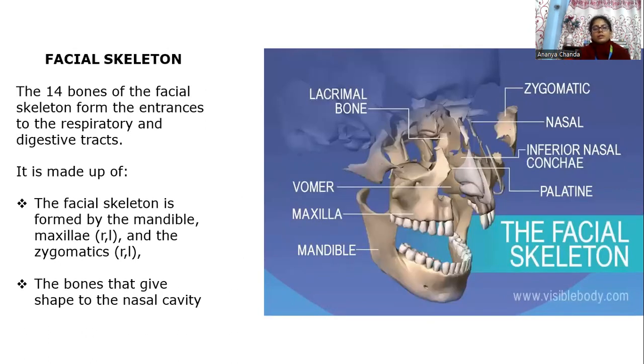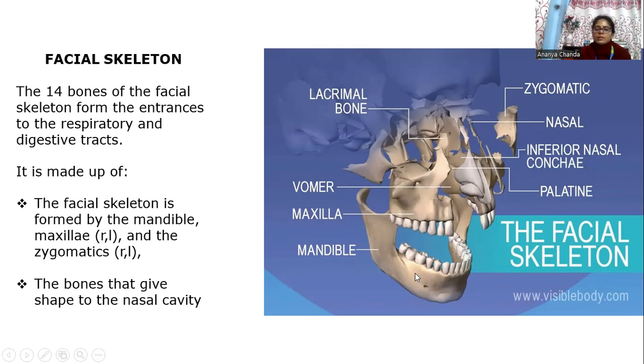Achha, facial skeleton comprises of what? 14 bones of the facial skeleton, and they help in the entrances of what? The respiratory tract and the digestive tract. So these 14 facial bones actually help in the digestion process and the respiration process of the human being. So it is made up of